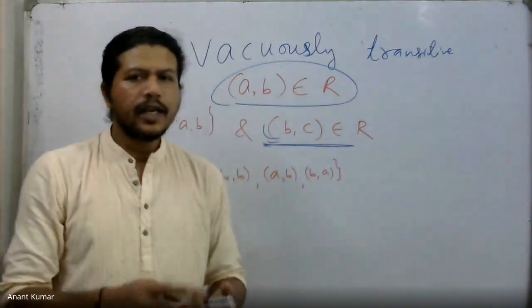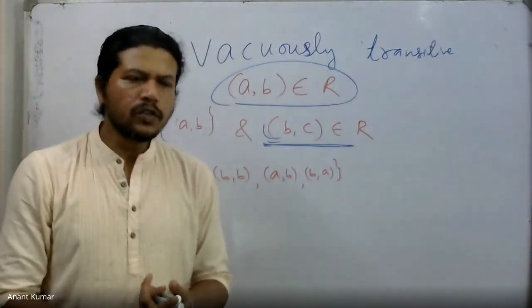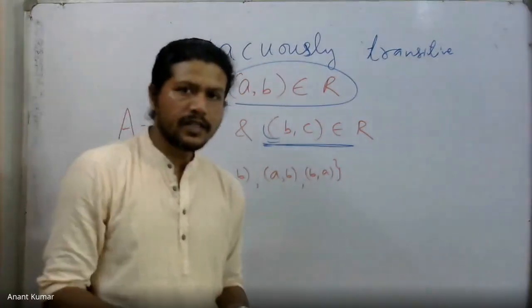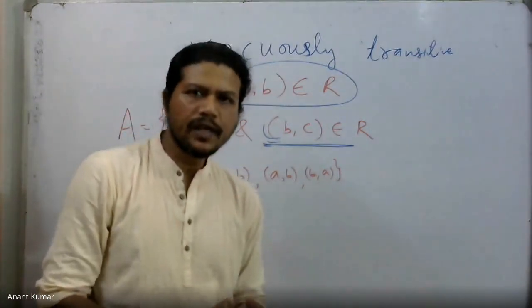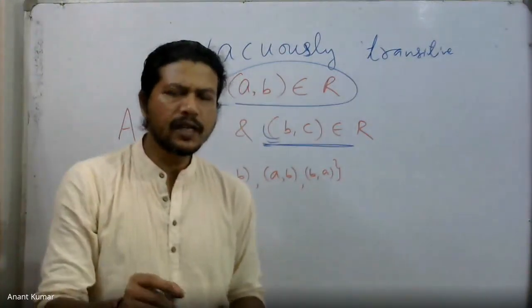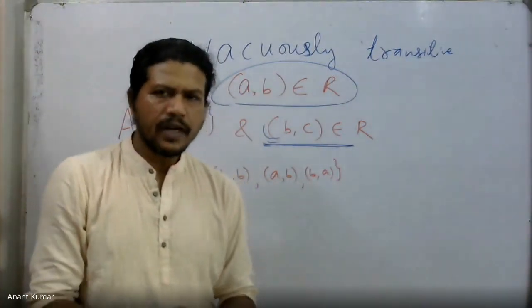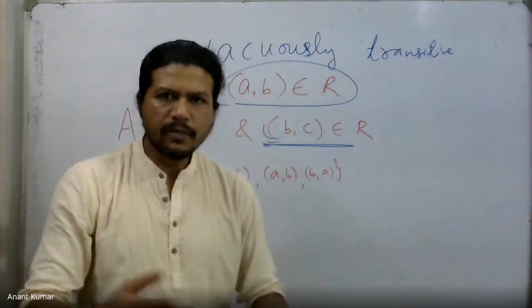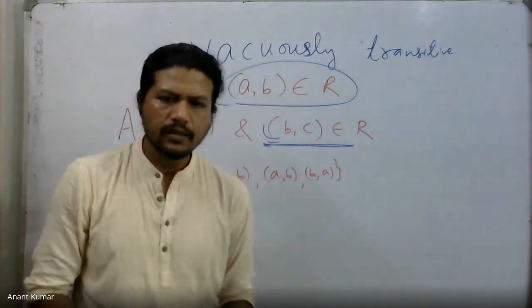The point is that if (A, B) and (B, A) are both present, that will only happen if A is equal to B. Then it becomes antisymmetric. If they are both present, there must be only a situation when A is equal to B, which implies that (A, A) is there. But if I have (A, B) and (B, A) both present, where A and B are not equal, then it becomes symmetric actually. It is not then antisymmetric.